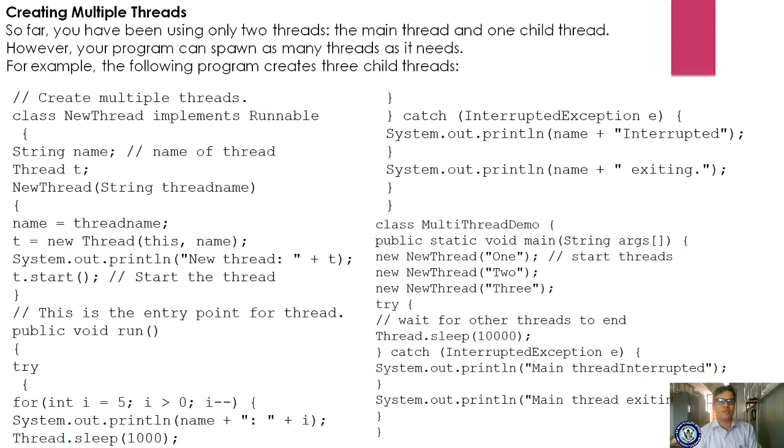Let us understand this program very carefully. It is creating 3 child threads. Now what is the name of the class? The name of the class is NewThread implements Runnable. Implements Runnable means you are converting this class into a thread, right? And I am declaring one variable, a String name. Here is the thread object declaration: Thread t indicates the thread object declaration.